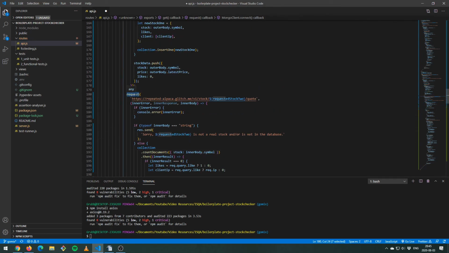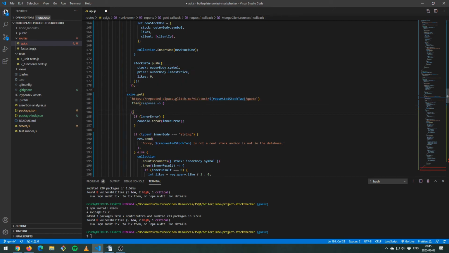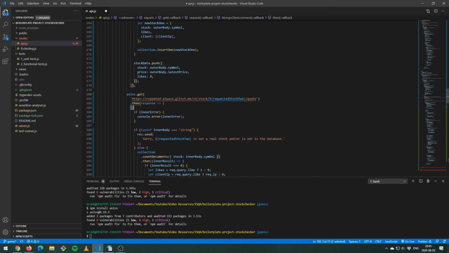So this request, again, we're changing this to get request from access, and instead of that comma, we just finish that, and then we're removing that line, writing .then, and here we'll have a response. And here we can have a const outer body, which is what we're working with, which is gonna be response. We can actually do this even better. Let's write outer response here, so you know which one is which. So outer response dot data,